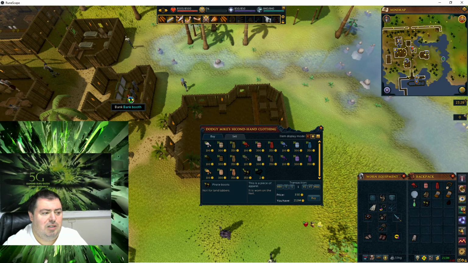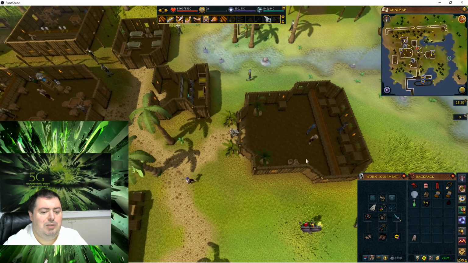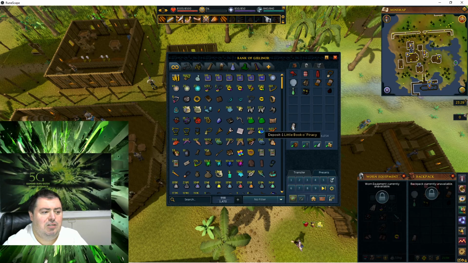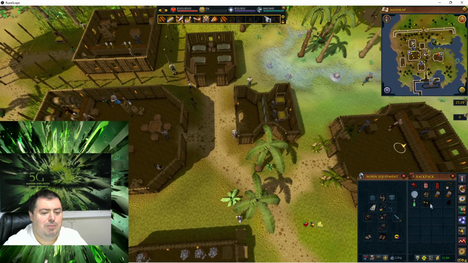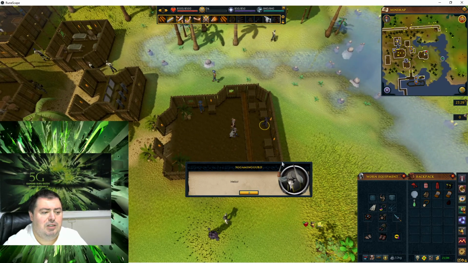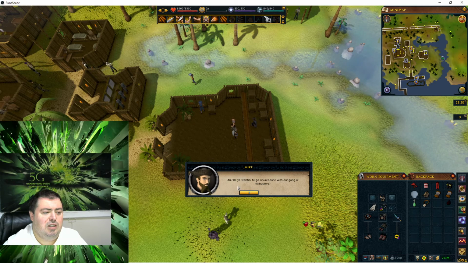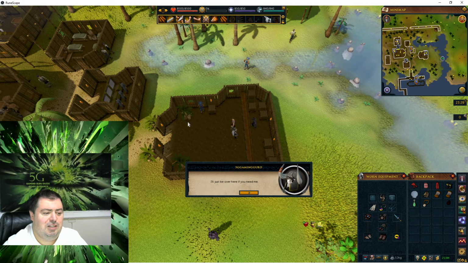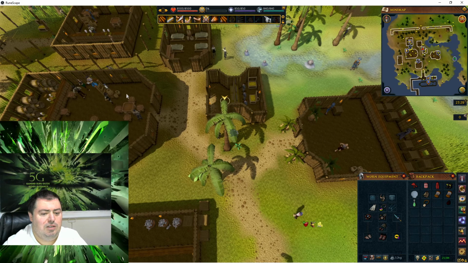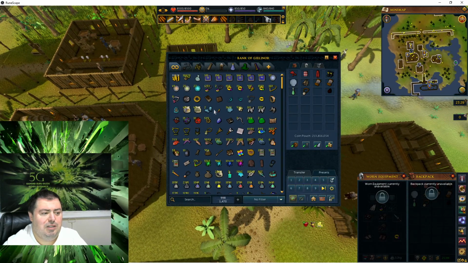All right. So let me show you what happens if I do not have the book of piracy. If I try to deposit that, and then I try to go back and speak with him. If I try to trade him, I get hello. Are we doing account or a gang of filibusters? Powder, like it's saying random things. So if we go back and we get our book of piracy on